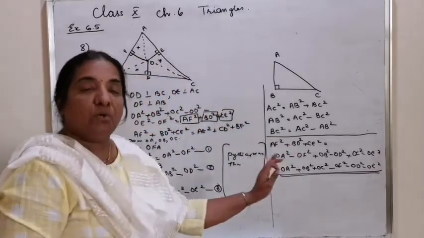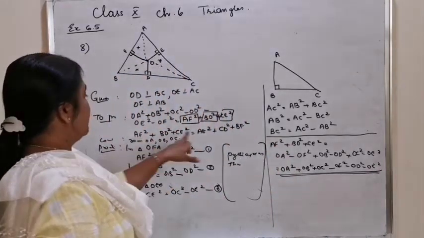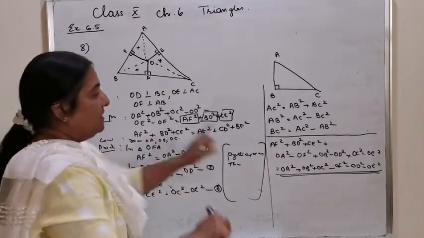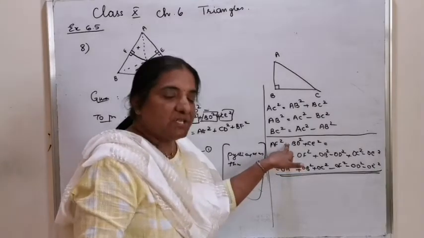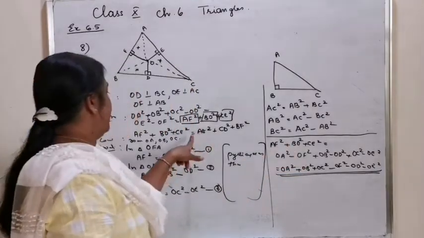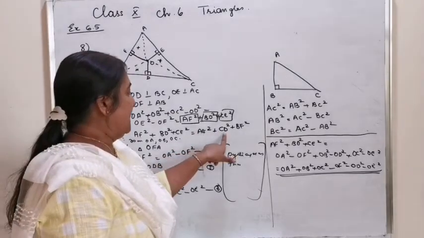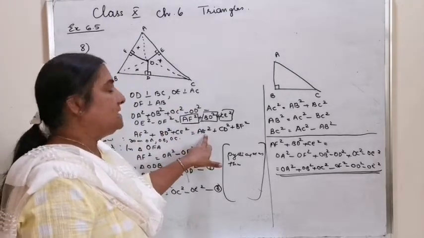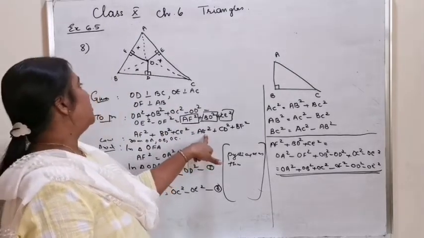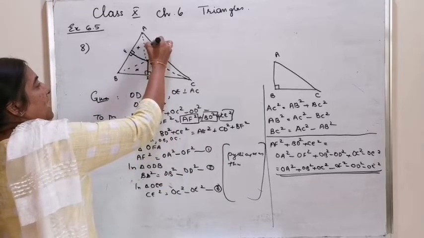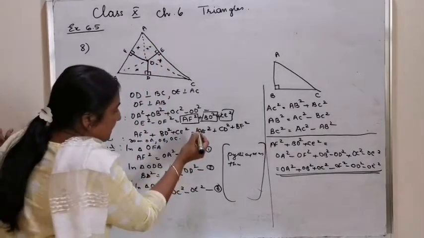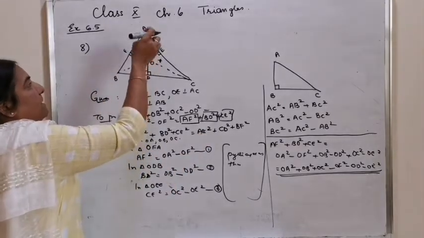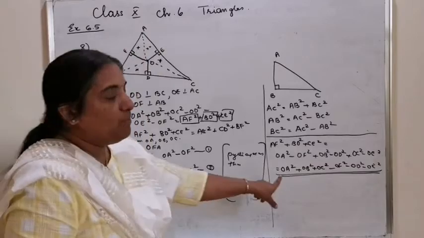which is result 1. For the second result, the left hand side is already AF square plus BD square plus CE square. We already have it. Just arrange the terms in such a way that the results are AE square, CD square and BF square. You will get a hint from here. AE square will be a part of triangle OAE with the letters OA and OE. That is, OA square minus OE square is giving you AE square.